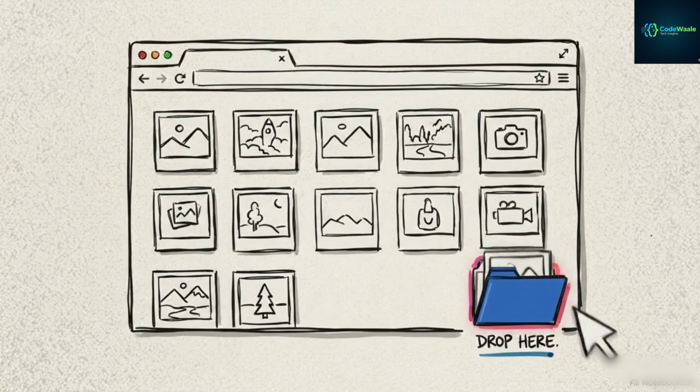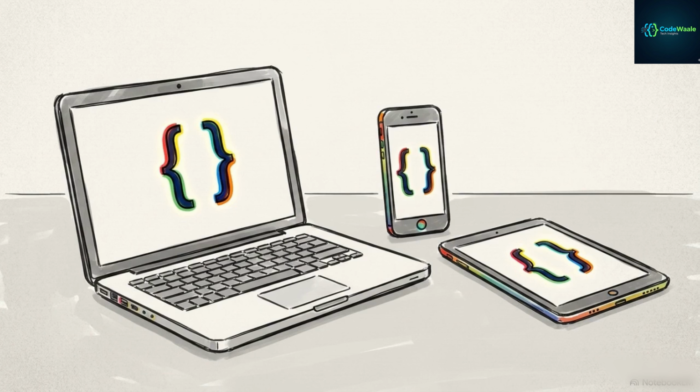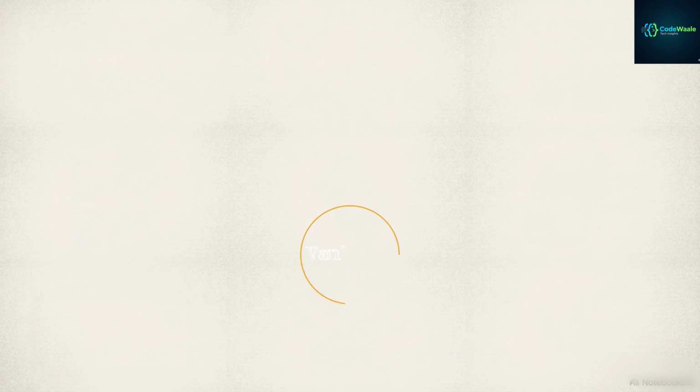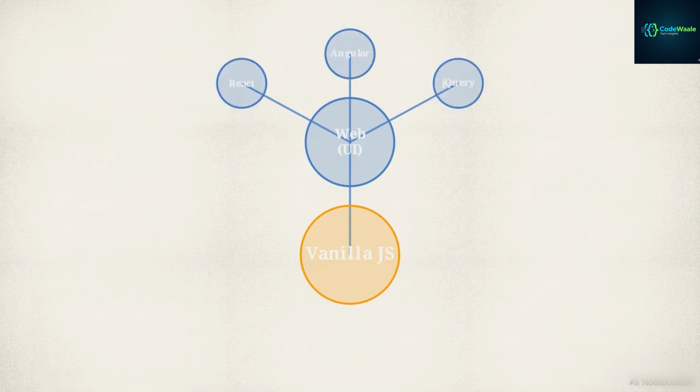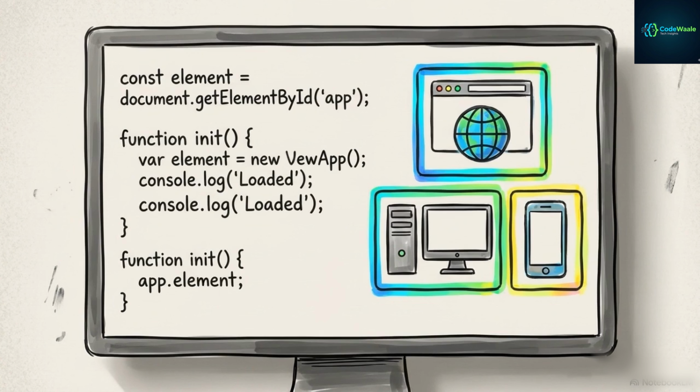interact with them. Once you understand these triggers, you will be able to build immediate user interface elements like drop-down menus, animated sliders, and form validations. You will also prepare yourself to scale these skills into modern frameworks used for desktop and mobile applications. This node map shows how the ecosystem branches outward from core, vanilla JavaScript into specialized frameworks for web, desktop, and mobile development. By mastering the central node of core JavaScript syntax, you gain the ability to build applications for virtually